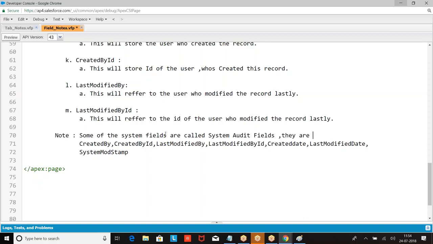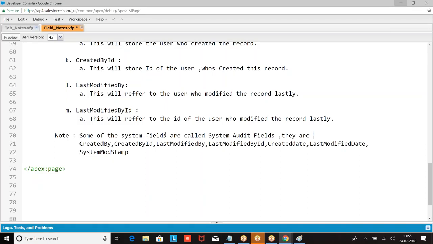Then what is the next concept we had? Custom field. Standard fields we have already told, right? Any field created by Salesforce. If we have a standard object, who created all those fields? Not user. Standard object means Salesforce created, right? Account, who created? Salesforce. Fields, who created? Salesforce. Contact, standard object. Who created the fields? Salesforce, right? I hope you are good with this.